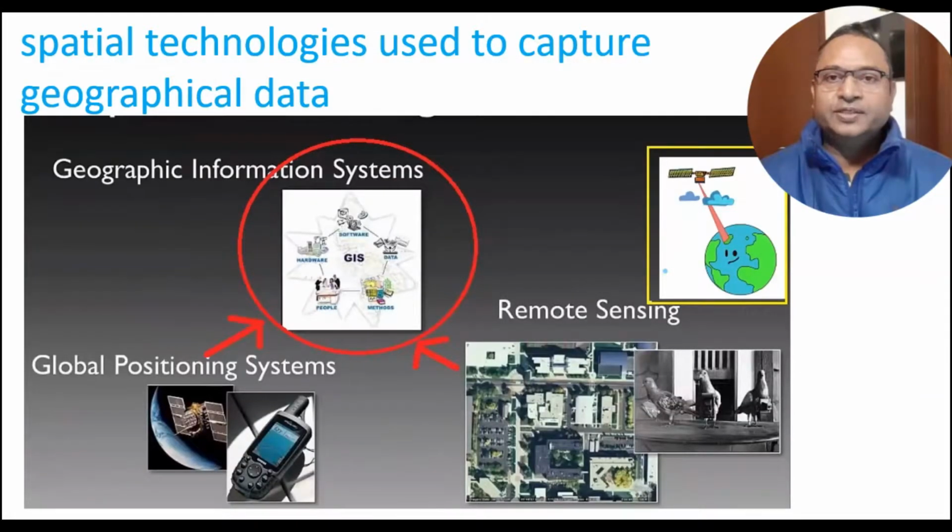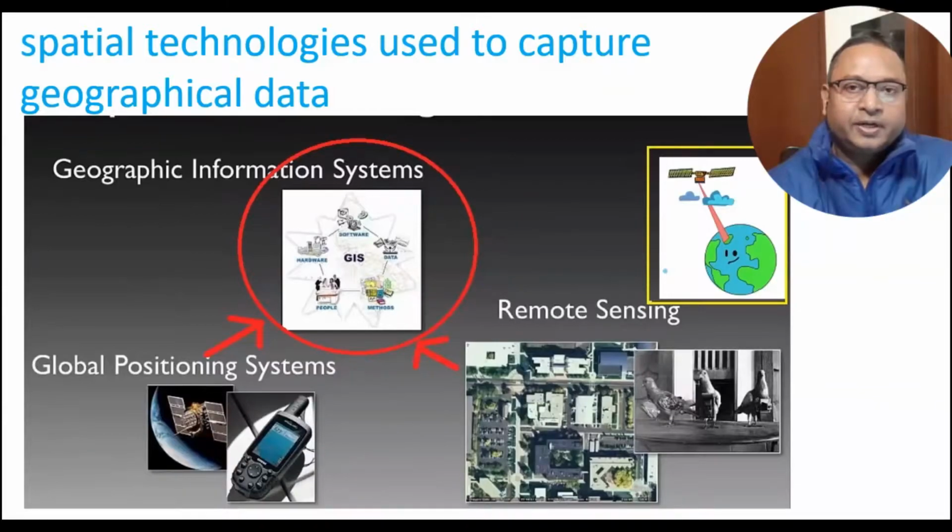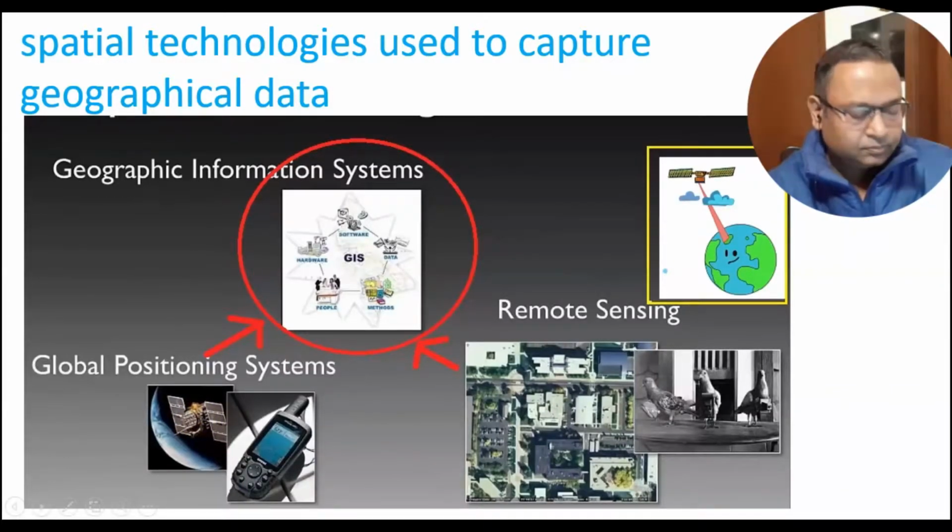Okay, up to this point, we understand what GIS is and why it is important, and the different applications and the different tools used for GIS. Broadly, two spatial technologies are used to capture the geographical data. One is the global positioning system and one is the remote sensing technologies. These two technologies collect the data, prepare the database and feed it to the geographical information system. Now the remote sensing technology itself is a very vast field, and similarly the global positioning system, so we are not going into the depth of that. Okay, let's go to the next slide.